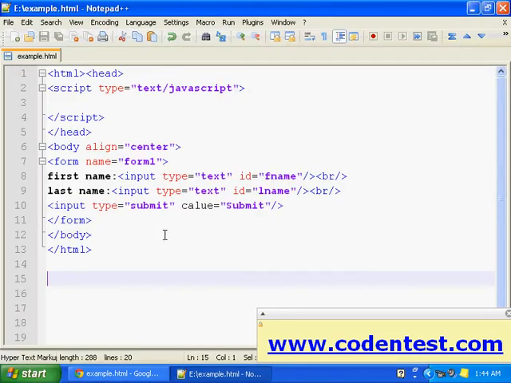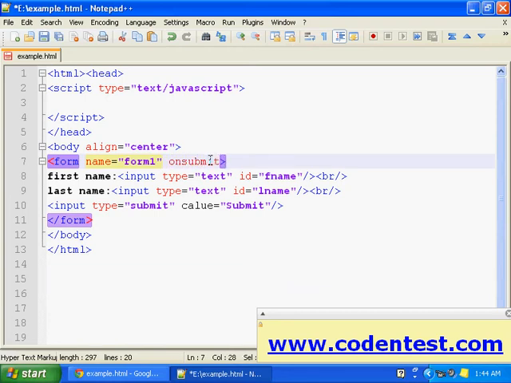For that, in the form tag we have to write the onsubmit attribute equal to some function name here. Let's say validate.